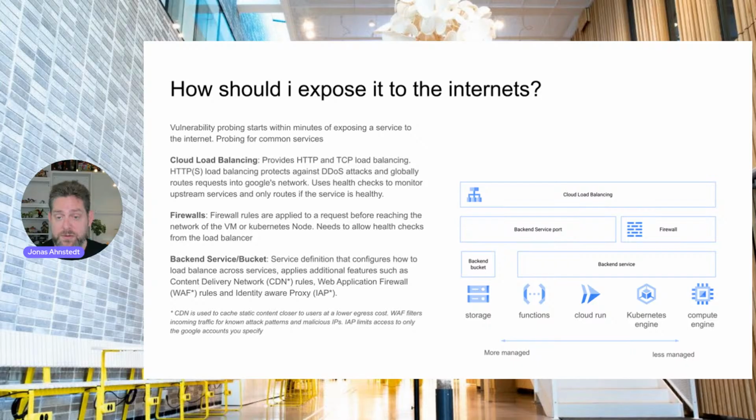One is CDN, that's content delivery networks. If you're serving something from a storage bucket, you could fetch it from the bucket where you stored it every time. A storage bucket is regional or multi-regional, so it spreads its data either in one data center or across a region, say within the EU or the US. What CDN does is move whatever data is being requested closer to the points of presence Google has. Before Google had a data center in Sweden, they already had a point of presence in Stockholm,